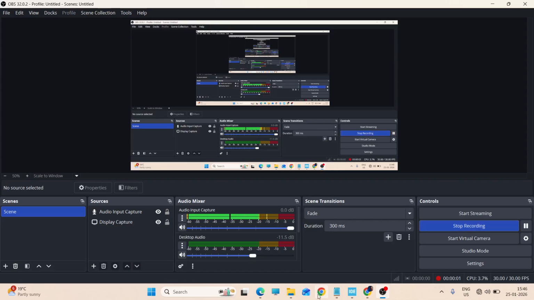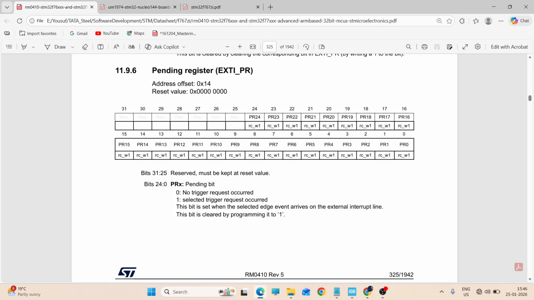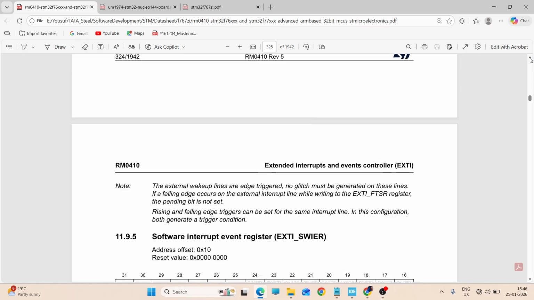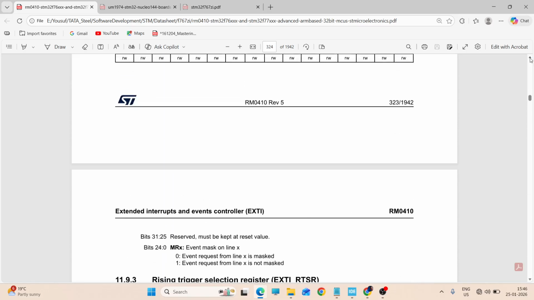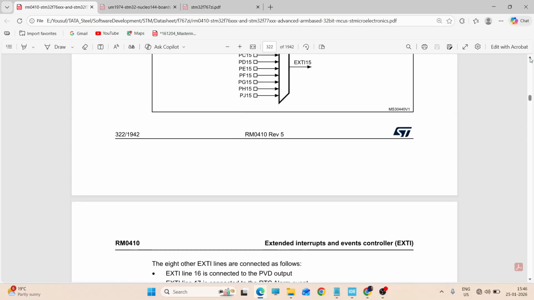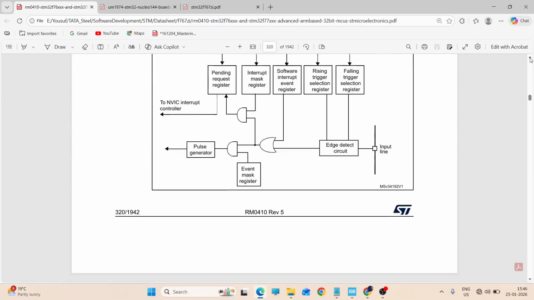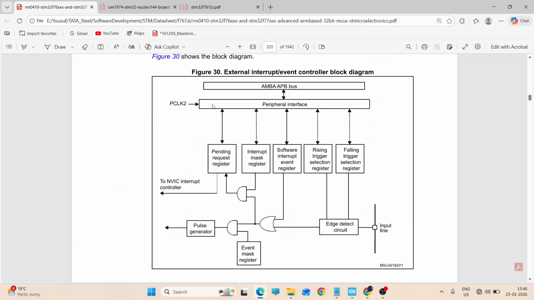So today we'll discuss how GPIO interrupts work, and what basic settings are needed to execute any interrupt through the EXTI line. We have seen that there are 24 EXTI lines. First of all, we see the block diagram of the EXTI. Whatever interrupt comes through the EXTI line,